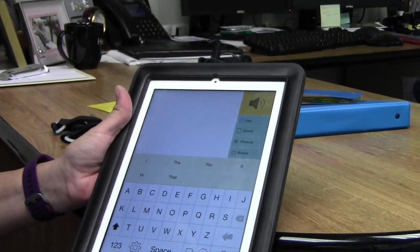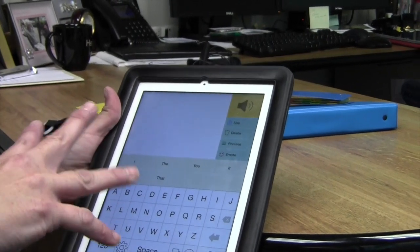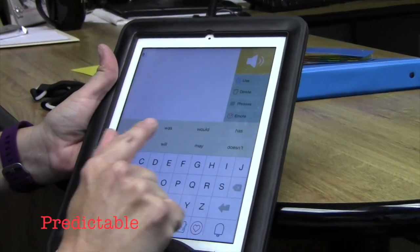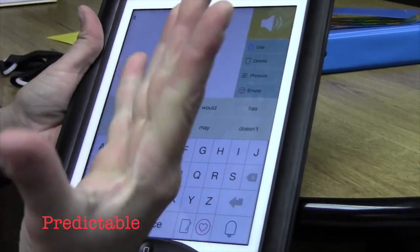One of my particular favorite apps is called Predictable. And Predictable has 8 words that it predicts. And not only will it type and speak,